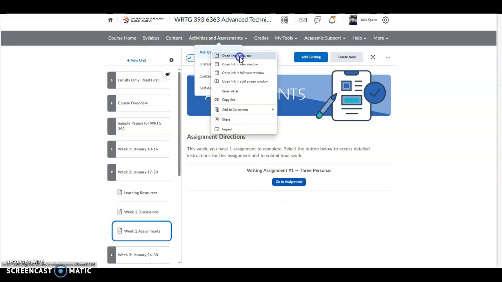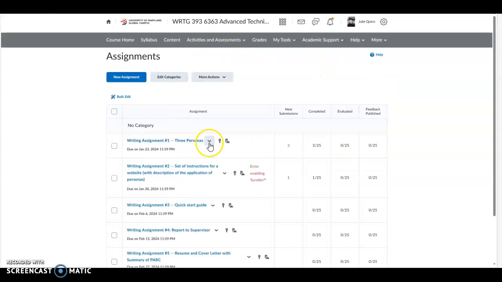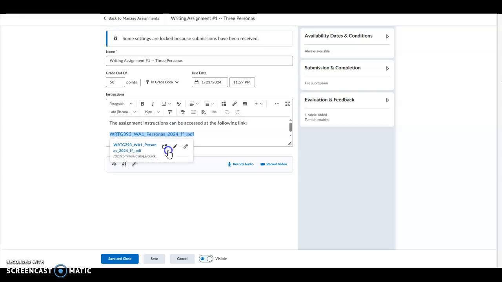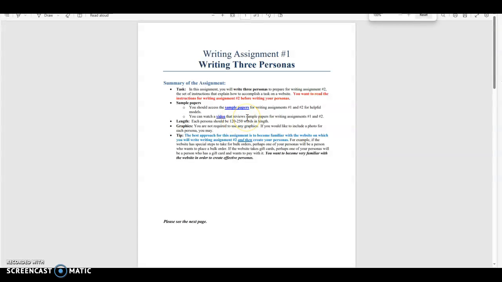I'm actually going to open it in a slightly different way so I can show you the assignment setup in addition to the assignment overview, coupled with the assignment rubric. So the assignment overview is pretty short and sweet. You're going to write 3 personas to prepare you for writing assignment 2, the set of instructions. You should access sample papers, and you can watch the video that reviews it. The video that was pre-imported, plus the ones I created in last week's discussions, and I double posted them in the announcements. Okay. Become familiar with the website on which you're writing the assignment, and then you're going to create